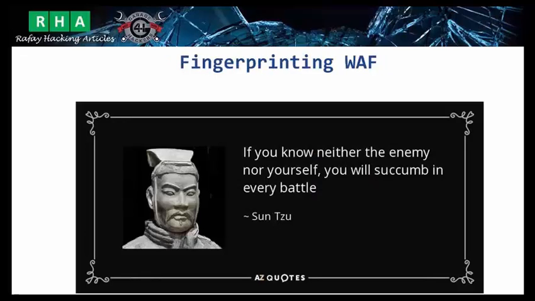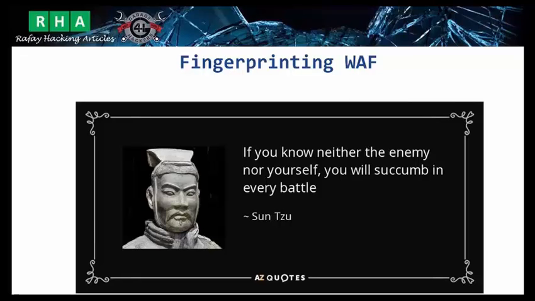Fingerprinting a web application firewall. So before getting into the core of the presentation, and before attacking web application firewall rules itself, it is mandatory to know what you're up against, whether you're up against Smart Security, whether you're up against Imperva. And this allows you to search for known exploits, and you can save your time simply by fingerprinting the WAF. So if I know that now I'm up against Imperva, and there is a public bypass for it, instead of wasting time and reinventing the wheel, I'll just take up that public bypass and use it